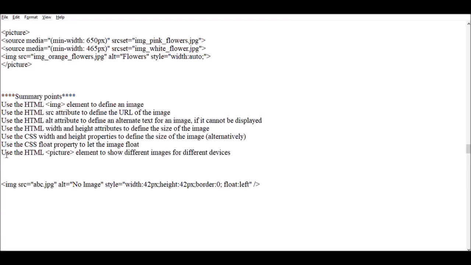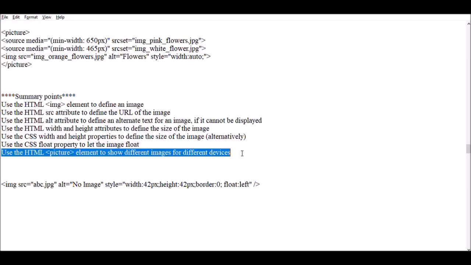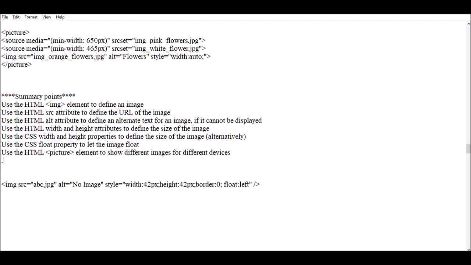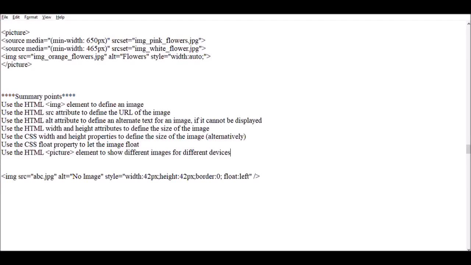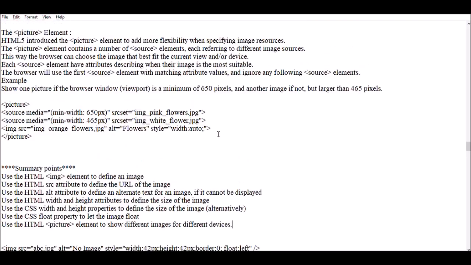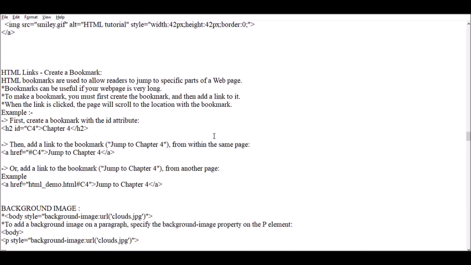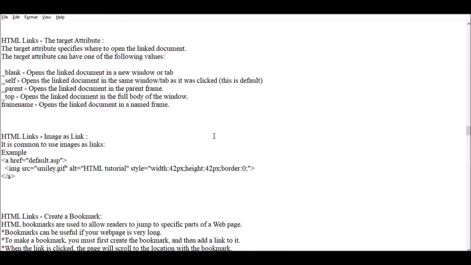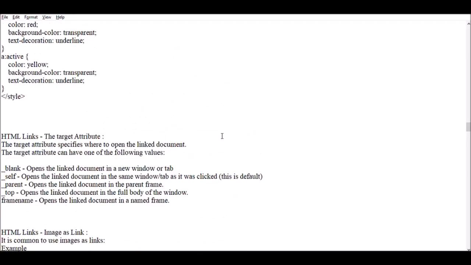Here is the last one: the picture element to show different images to different devices. So that's all about the HTML5. The remaining parts of HTML, like the table tag and marquee tag, or the map tag which I left today, I will cover in my next video.